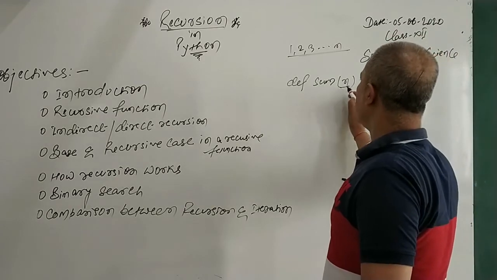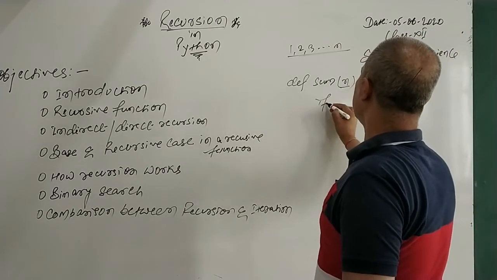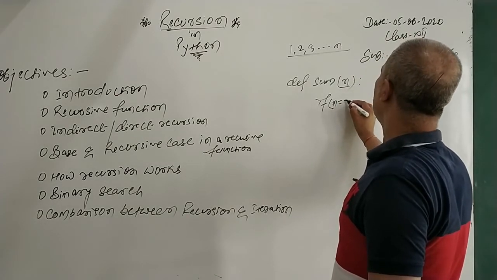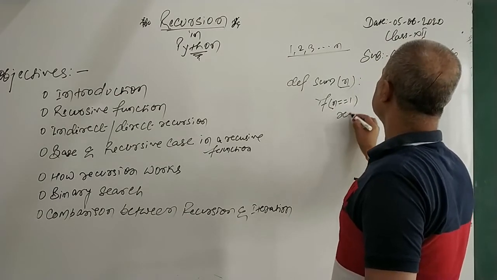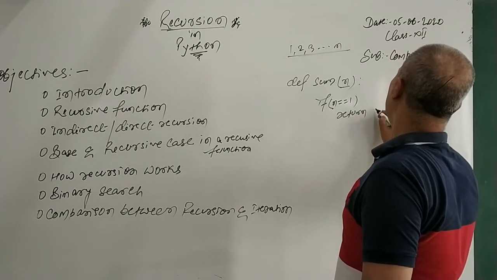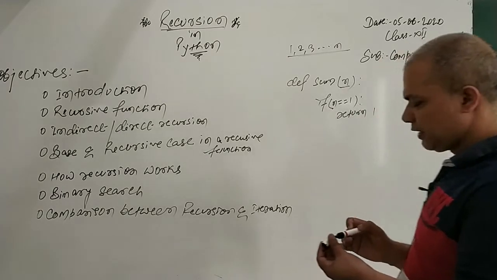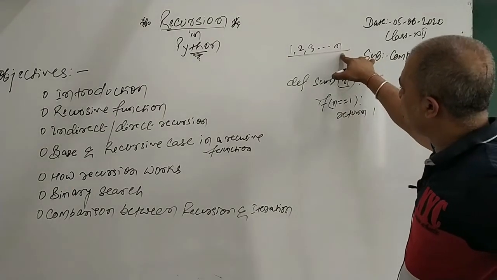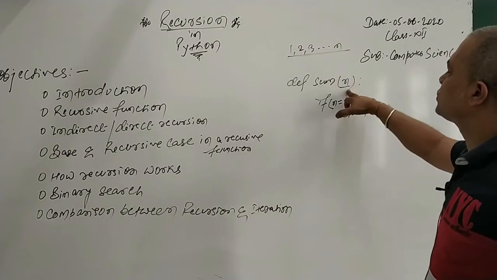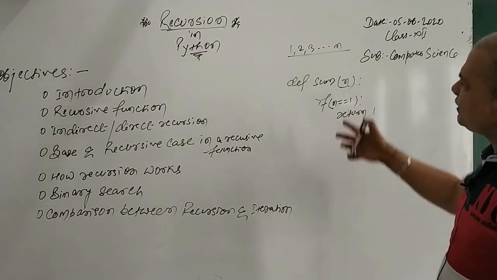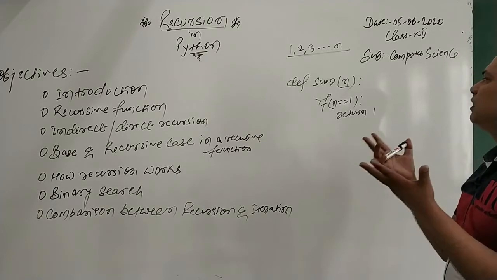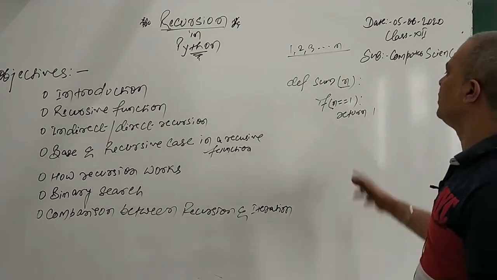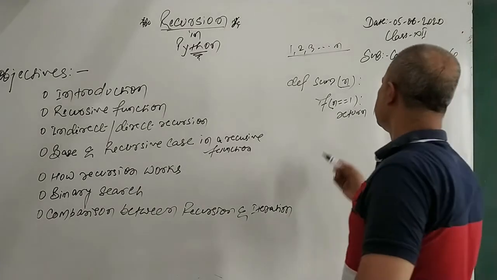Again, we have to find the base case. So in this function, if the user has given n equal to 1, then simply you say return 1. As you can see, the function has n as a parameter, that is the nth term of the series whose summation you want to find out. And if n itself is 1, it means you want to find the summation of only 1. That's why return 1. Otherwise,